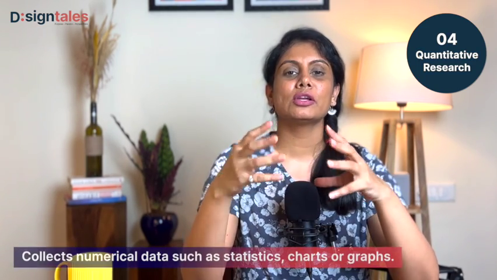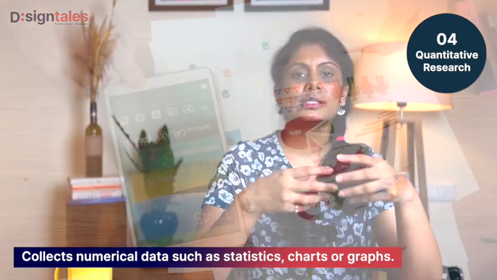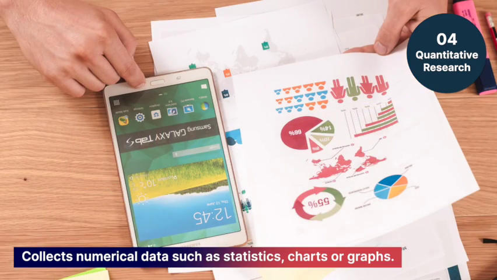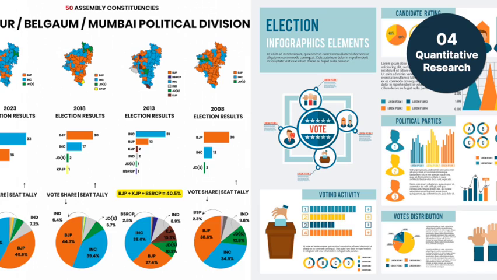So let's now understand the quantitative research type. Quantitative research, on the other hand, involves collection of numerical data such as statistics, charts, or graphs. This is to identify, understand, and quantify social phenomena. A simple example of this research type could be exit polls before elections on news channels. This involves geographical and demographic data of different voters, also different parties, their backgrounds, and the relationship between these voters and parties, and overall sentiment on the ground, right?